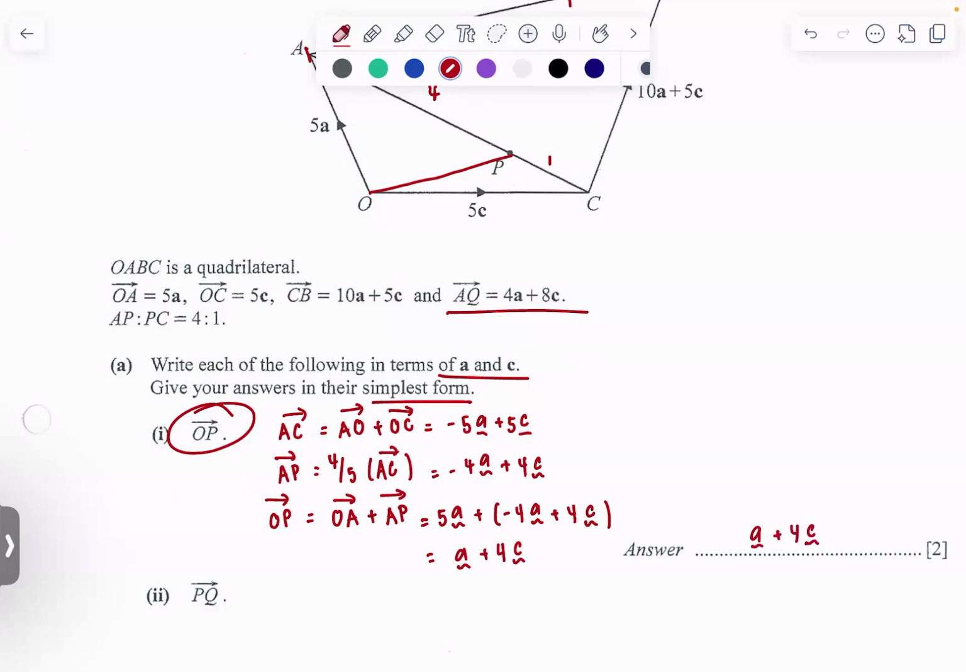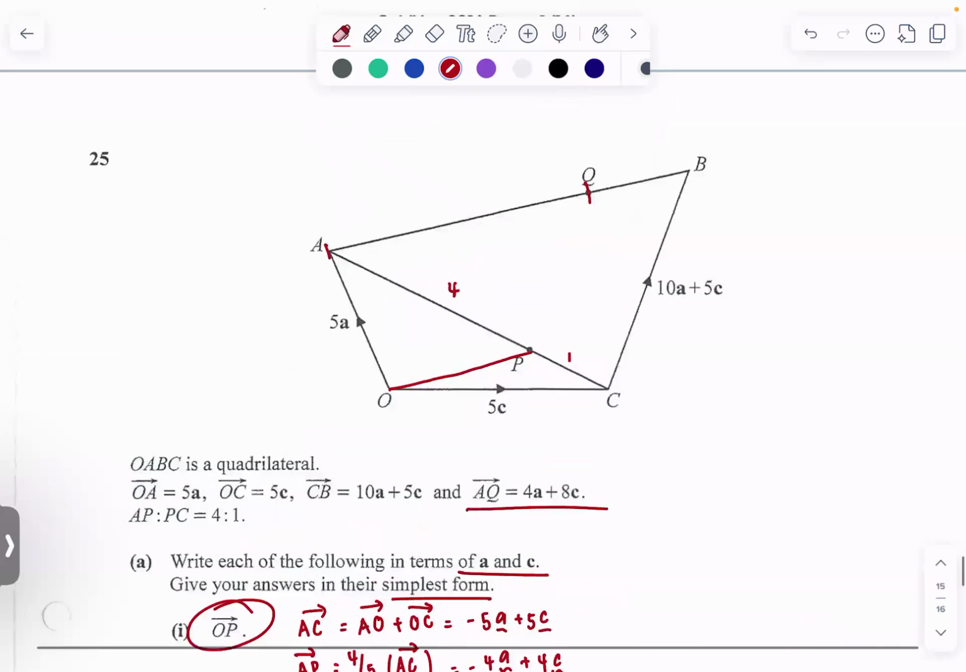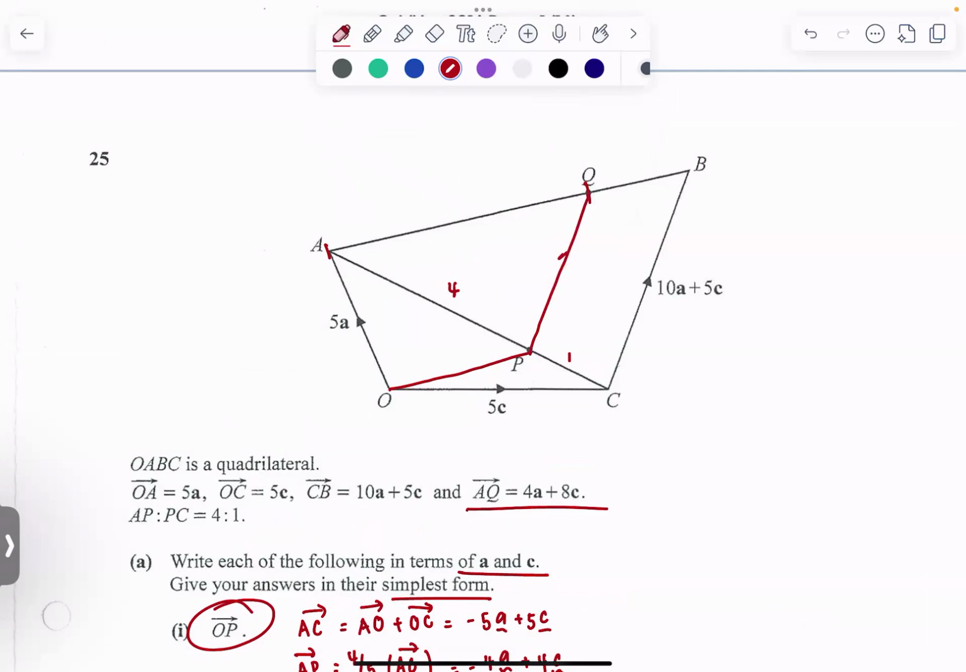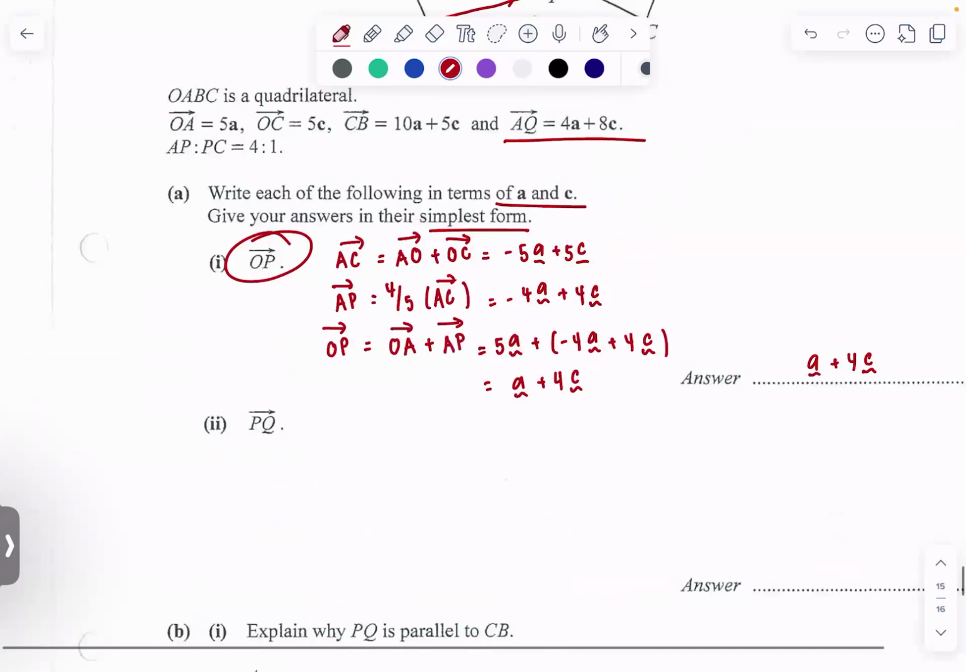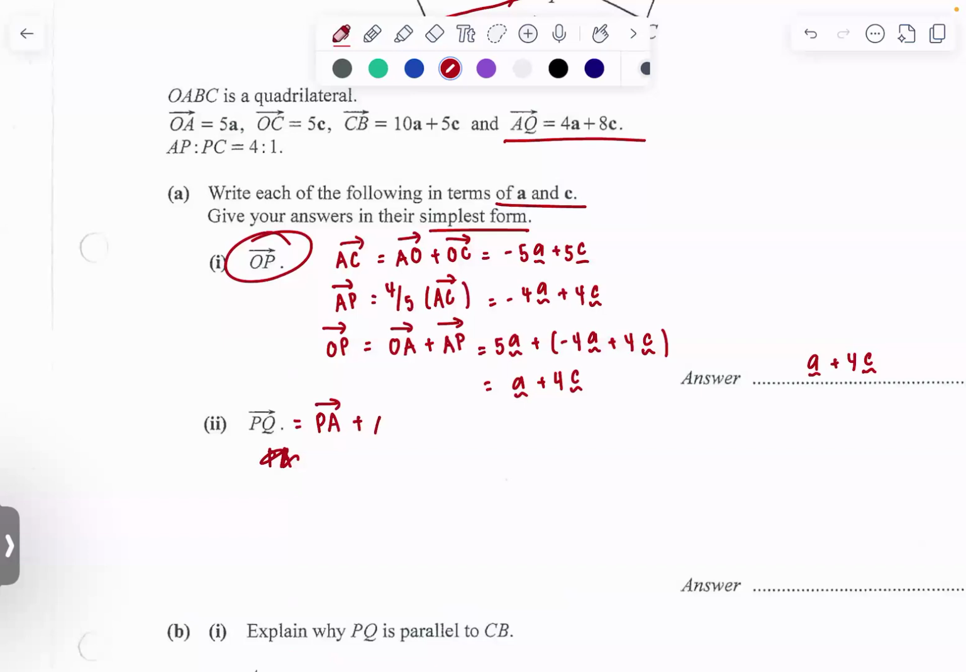Okay, next. PQ. Where is PQ? This one. Right? Specifically in this direction. Okay, you must remember that for vectors questions like this, direction is very, very important. And you know the AQ is 4A plus 8C. Okay, so PQ is actually equal to PA plus AQ, right? Because